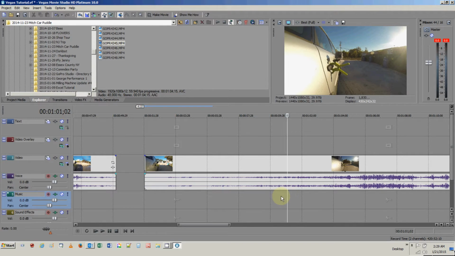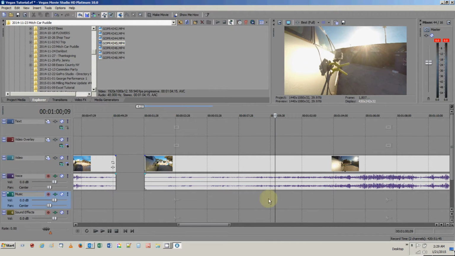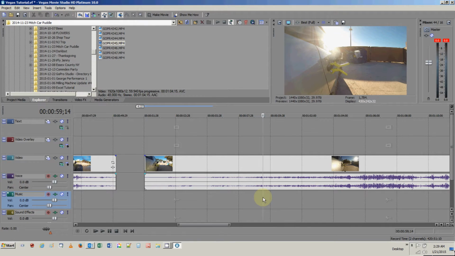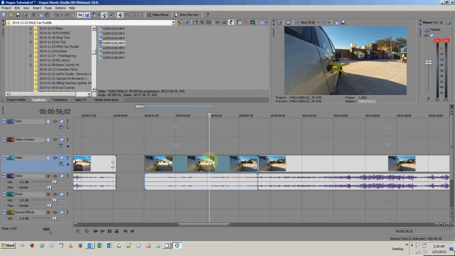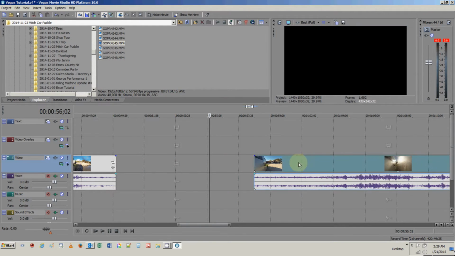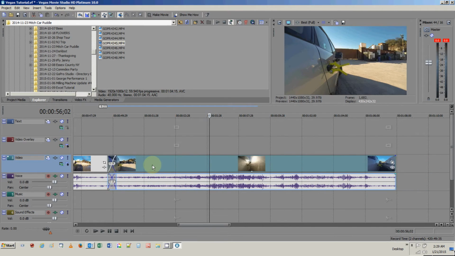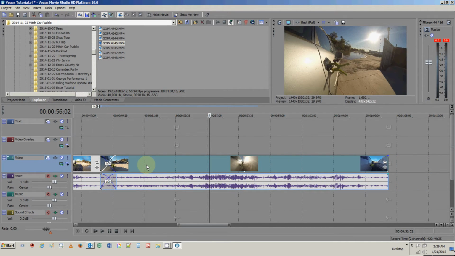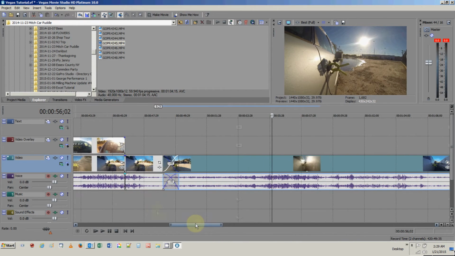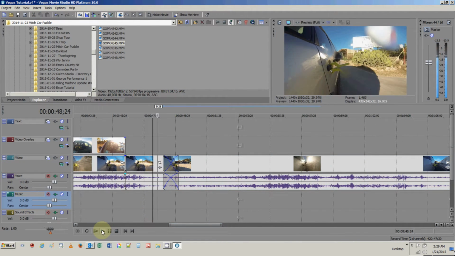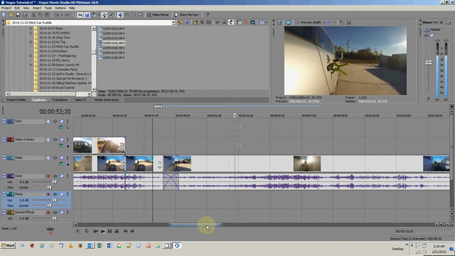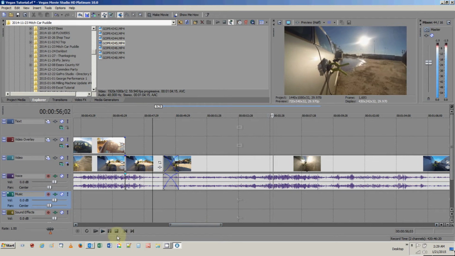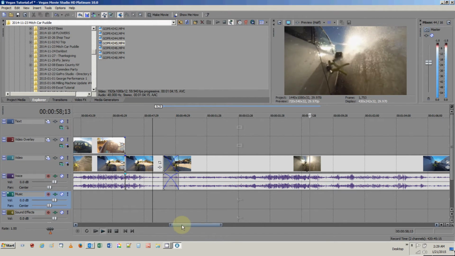Now this is a good area right here. Returning, you're getting some interesting shadows off of the camera. So right about here I want to split this out and delete this. Then I want to bring this in, and I want a significant amount of fade. So see, I've got about a second of fade there. So when I play this, it's going to come in here and fade out, and then it's going to go to this scene where we're heading back down again, and we'll hit the water again.